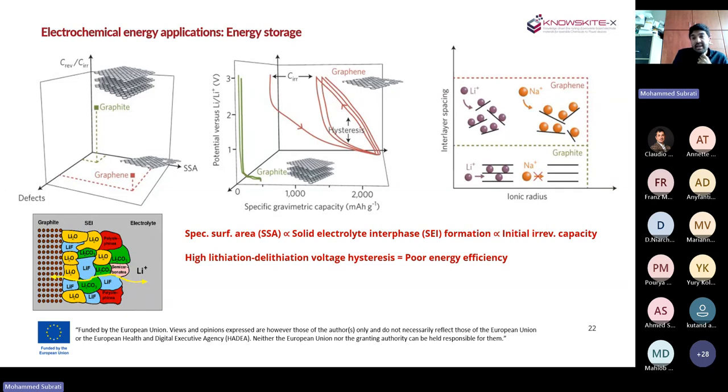But the only thing, in terms of an anode material for batteries, that graphene has over graphite is, as you can see, the ability to host sodium ions, especially for sodium ion batteries. For those who are interested, graphene is a good choice because of the ionic radius of sodium ions. They cannot be intercalated in graphite, whereas in graphene you can. So this is the only thing graphene has to offer.